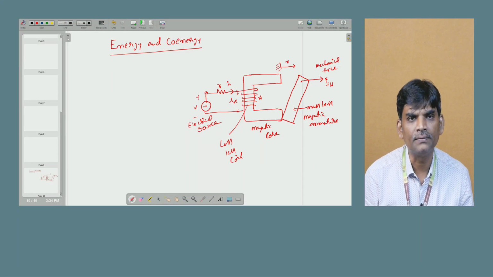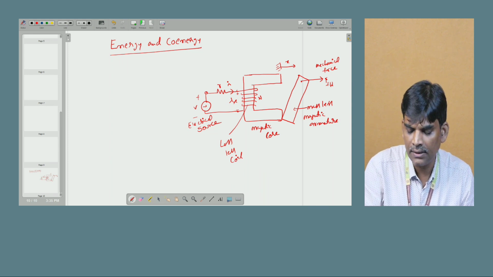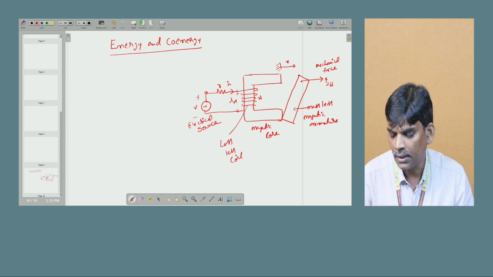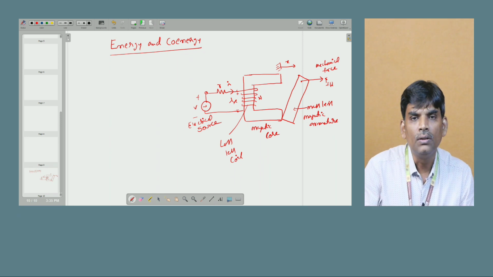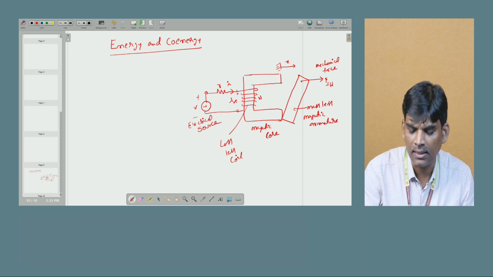Today I am going to explain energy and coenergy in a single excited system. For understanding, I am taking here a simple magnetic relay. This magnetic relay has a magnetic core, and this is the mobile magnetic armature. This coil, with a number of turns, is excited with this voltage source, and it carries the current,